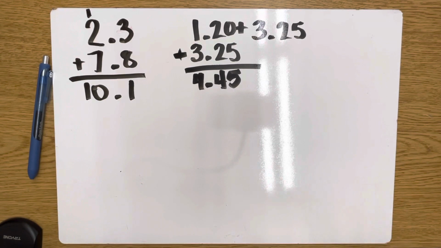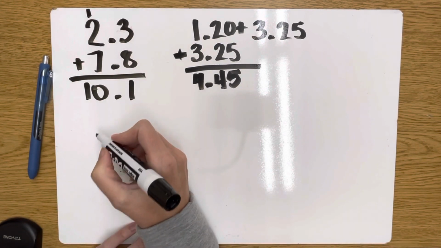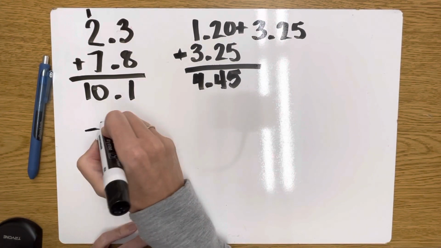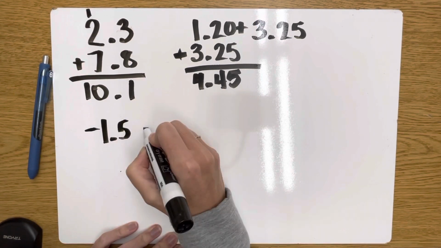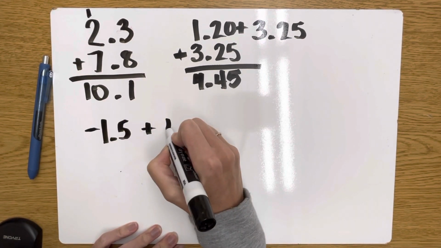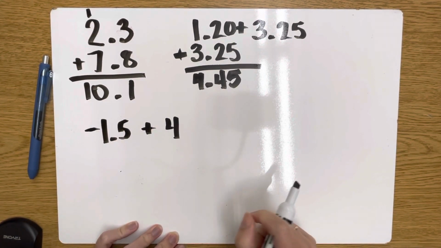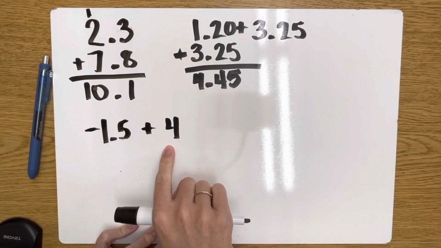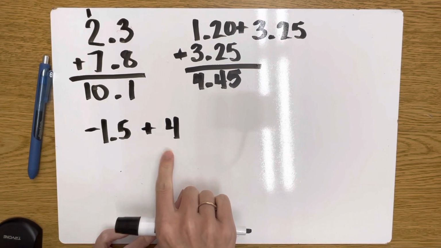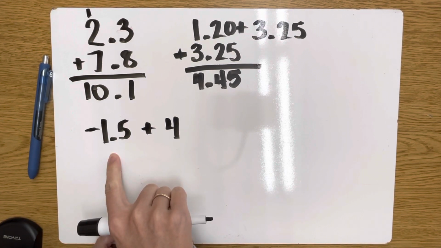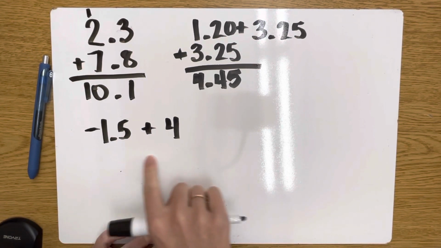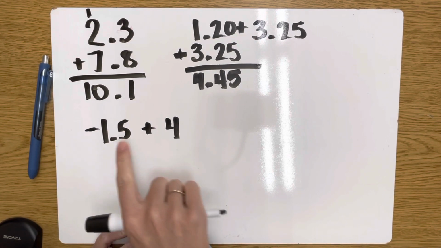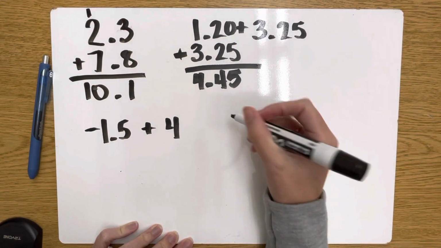Now, if one of them is negative, let's say we have -1.5 plus 4. Well, we have more positives. We need to figure out how many more positives compared to the negative. So to do that, we actually have to subtract those numbers. So we're gonna do the number 4 first,